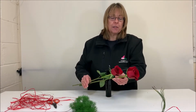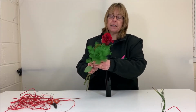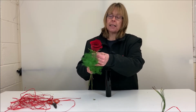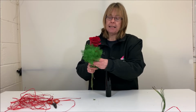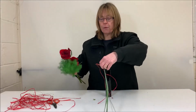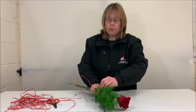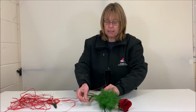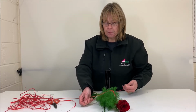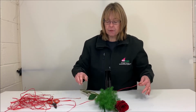So bring your 2 roses together, place the piece of neem fern behind, just arrange them in your hand so that they look aesthetically pleasing, and then with the bear grass pointing away from you, tie that together with all of your flowers and your foliage, nice and securely. Leave the stems free,